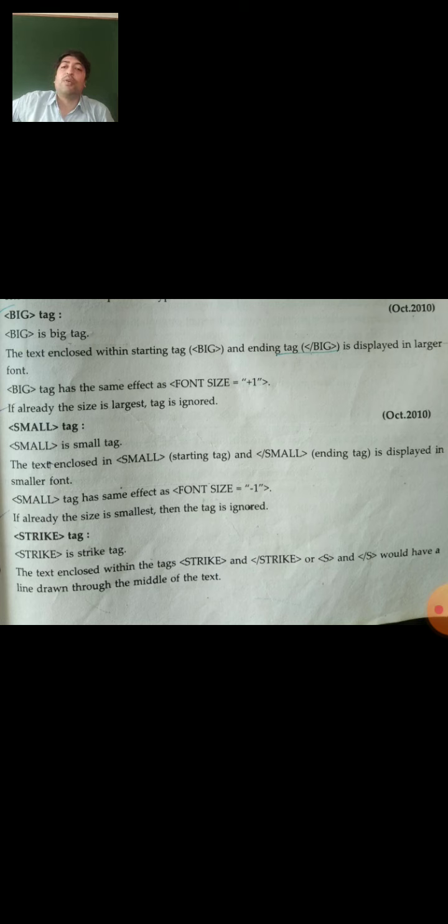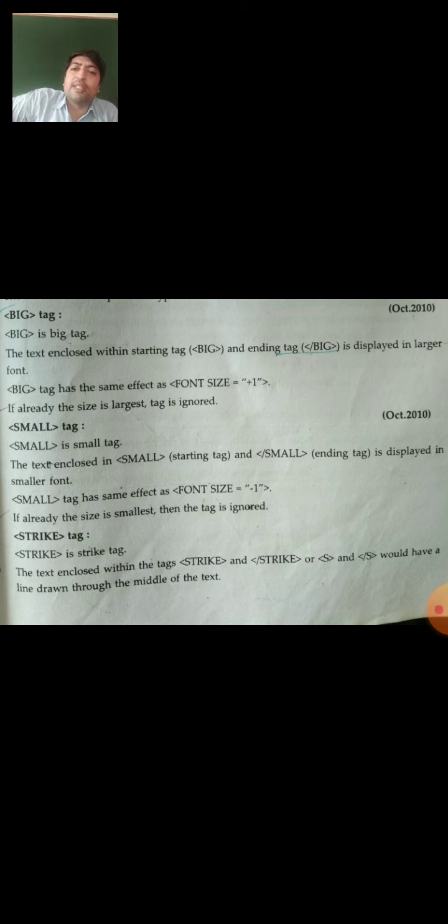You can see over the explanation, the big tag: the text enclosed within the starting tag and ending tag is displayed in the larger font. So the text enclosed in between the big tag and the ending of the big tag will be displayed in the larger size, larger font.